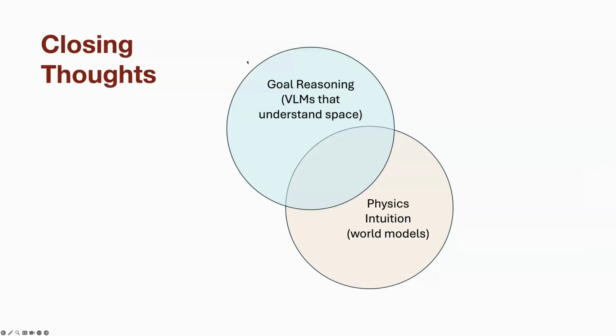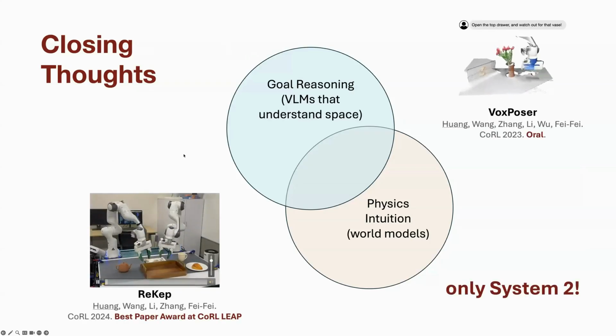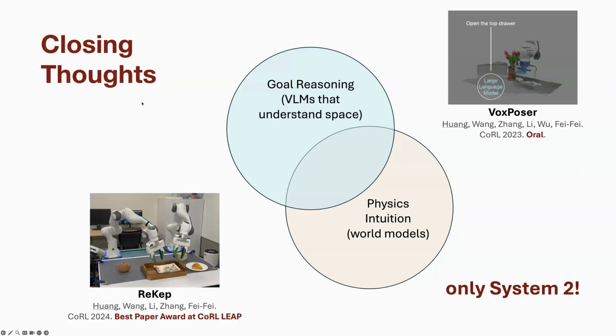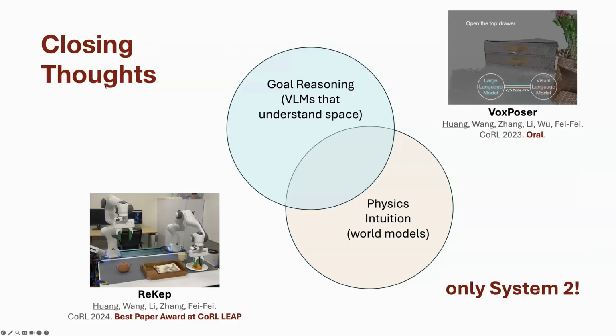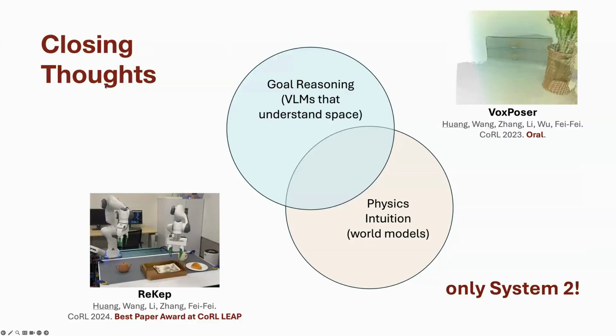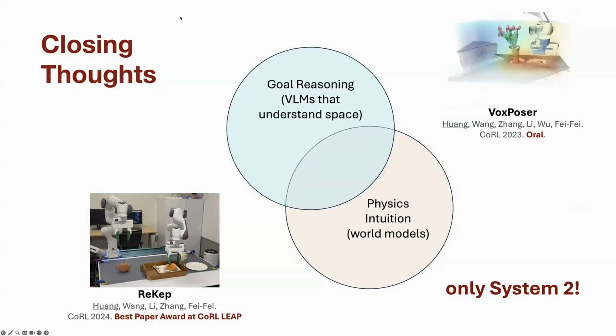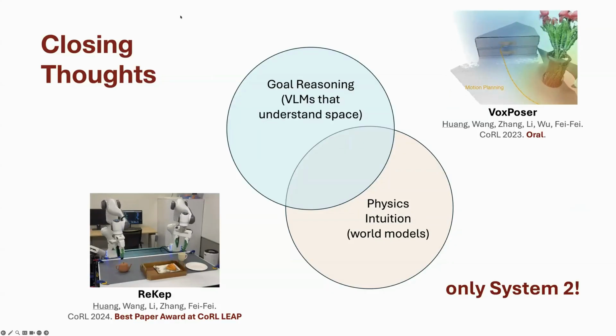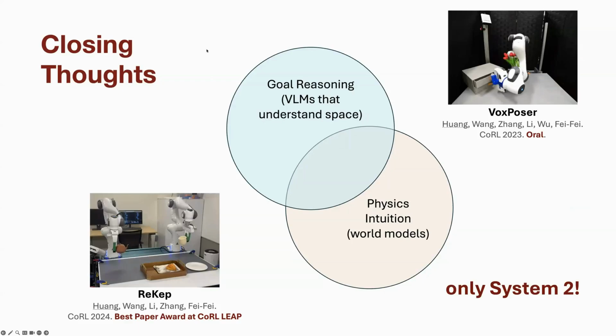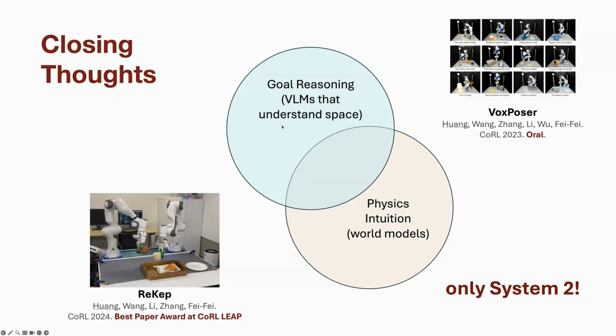So I think the VLMs that really understand space can do this. We're not sure that the VLMs today are fully at that level of performance yet, but we had some early work on how that could be useful to specify this kind of objective. And when we can combine them, then this forms a full pipeline for producing novel behaviors at test time. But all of this is just system two thinking, right? System two is not enough by itself because we also need system one.